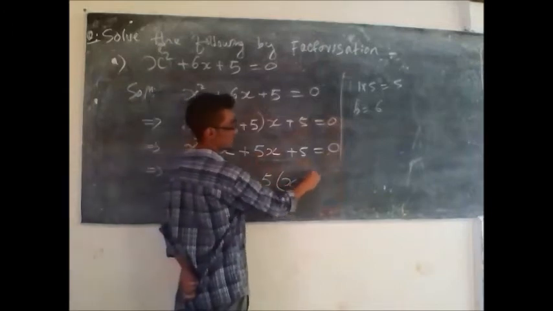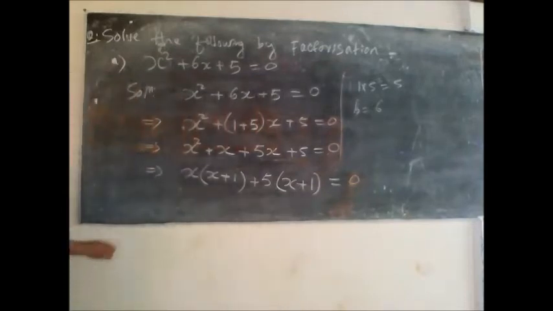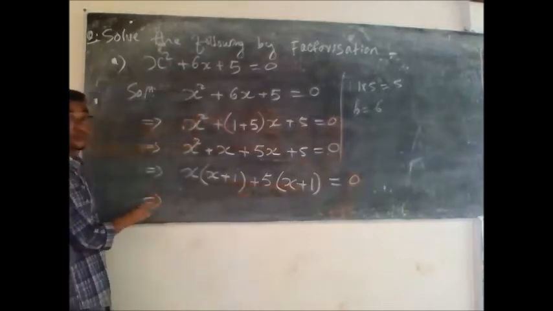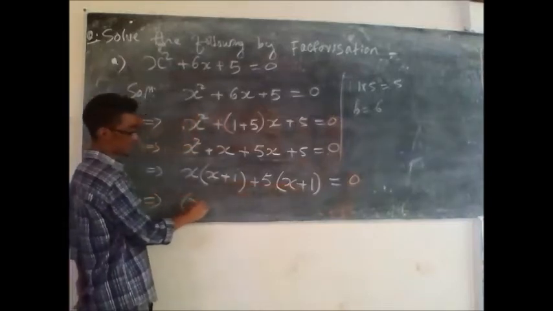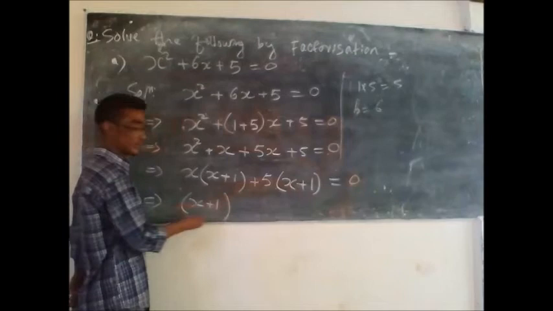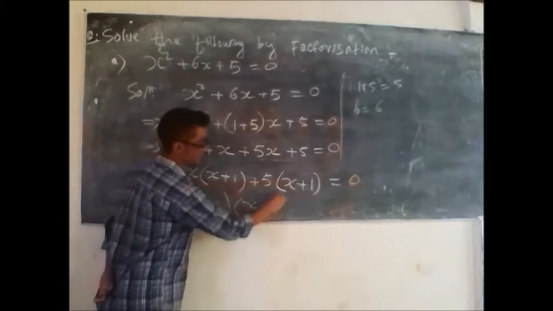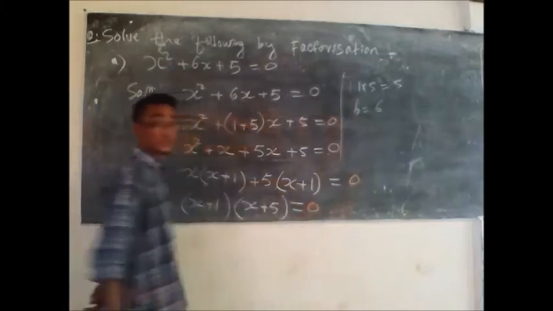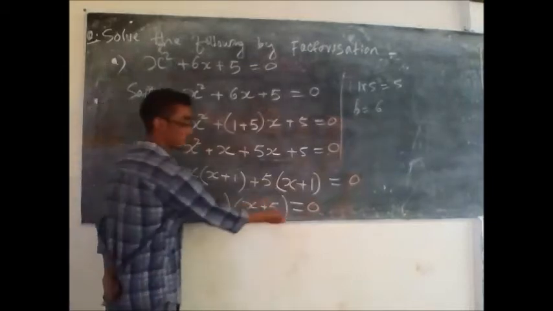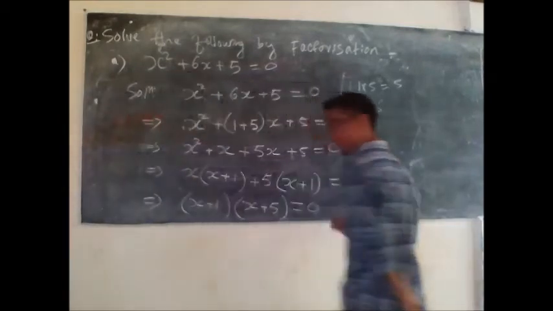Plus 1 equal to 0. So the bracket is x plus 1, which is the common factor, and the rest is x plus 5. This will be equal to 0. Then x plus 1 multiply x plus 5 equal to 0. That means